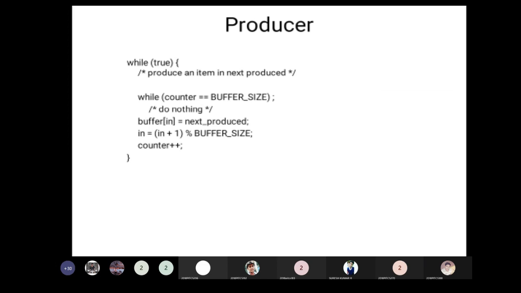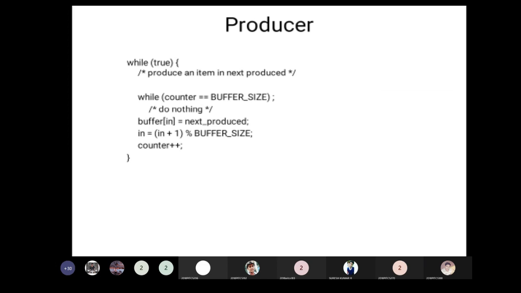Otherwise, you cannot produce an item. You have to remain silent or do nothing. Suppose the counter does not reach the buffer size, then you can produce the item, which is mentioned here as the variable next produced. Now this next produced is stored in the buffer,